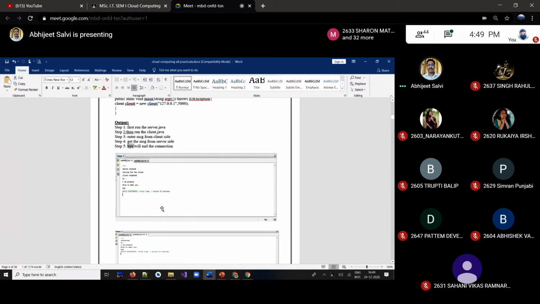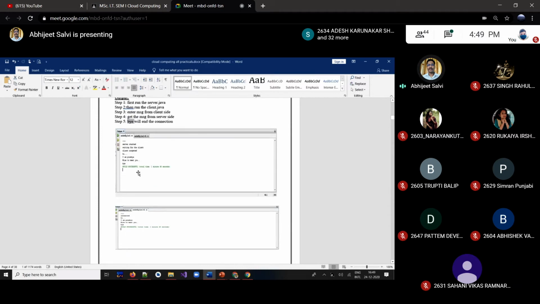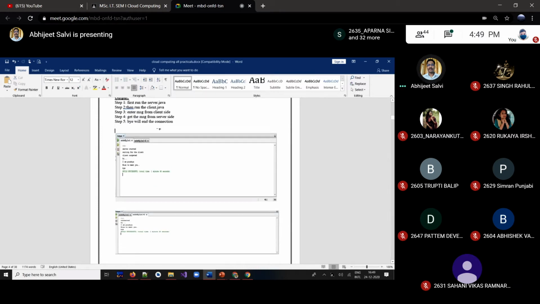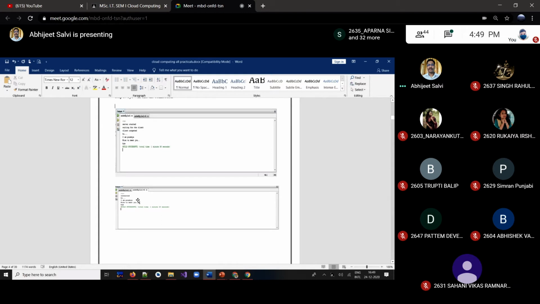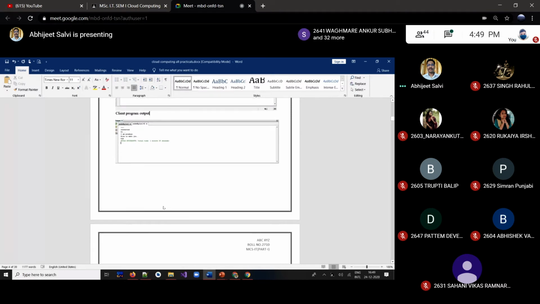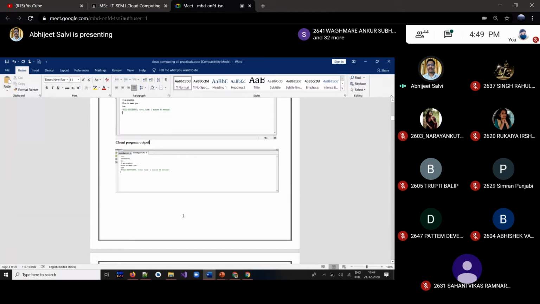Okay, this is one of the screens of NetBeans over there. Okay, and just capture that area and paste over there. This is, let's say, you can call as server side output, and next to that somewhere here you can write down client side program output. Okay, and on top of that, server output. Something like this way you have to carry forward for the remaining practicals.